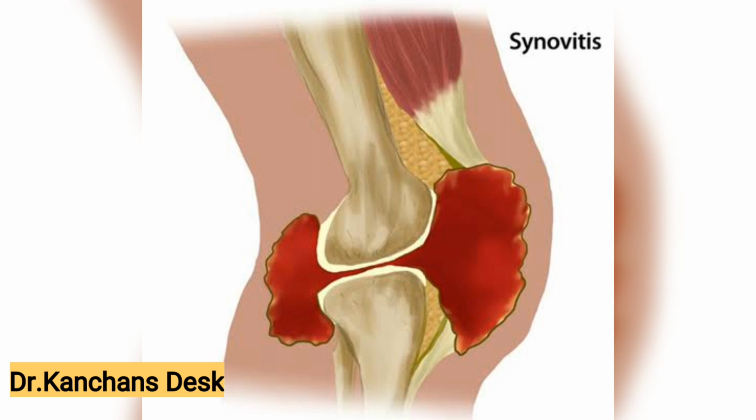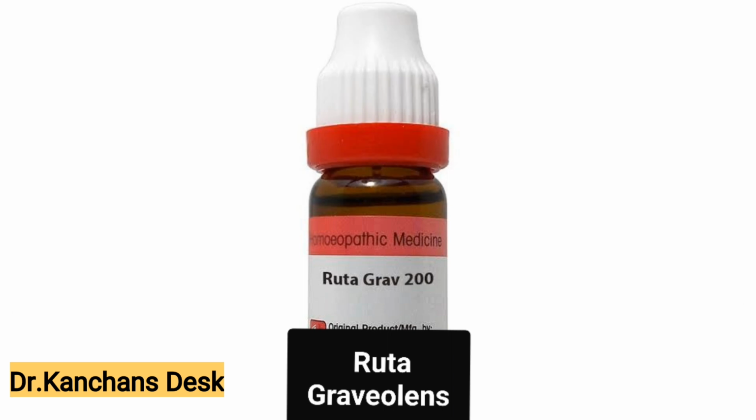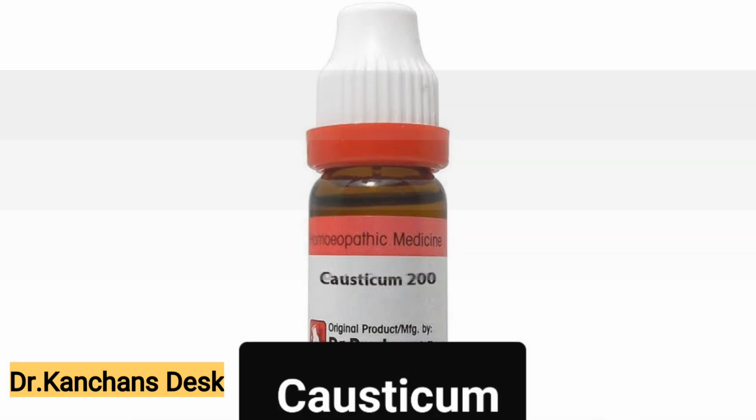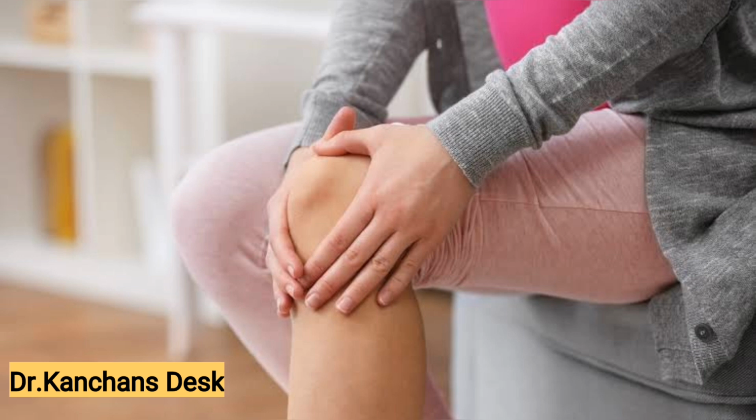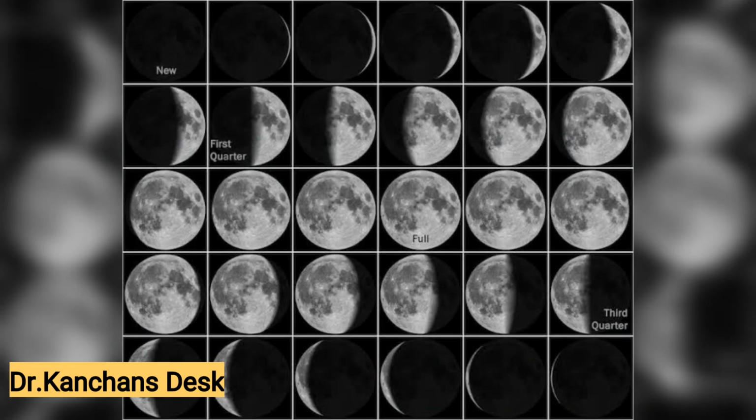If you have synovitis or arthritic pains because of loss of synovial fluid or excess of this fluid, please remember ruta and causticum. Ruta and causticum both act against arthritis. Arthritic pains aggravate in new moon. What a miracle about this nature, that new moon and the darkest night, and full moon, the moon